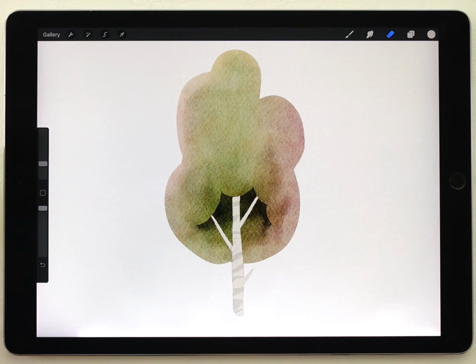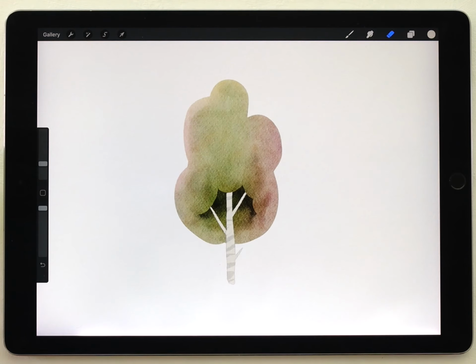And there we go. That's pretty much it. This is just a simple process to painting trees. It's a very modular process, and you could almost turn any kind of random shape into